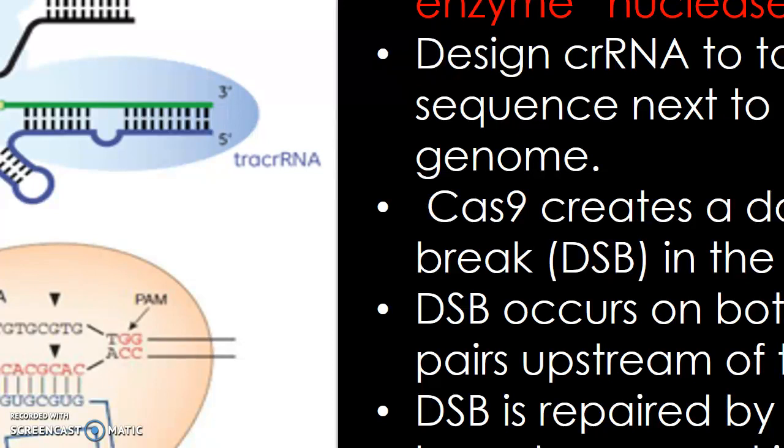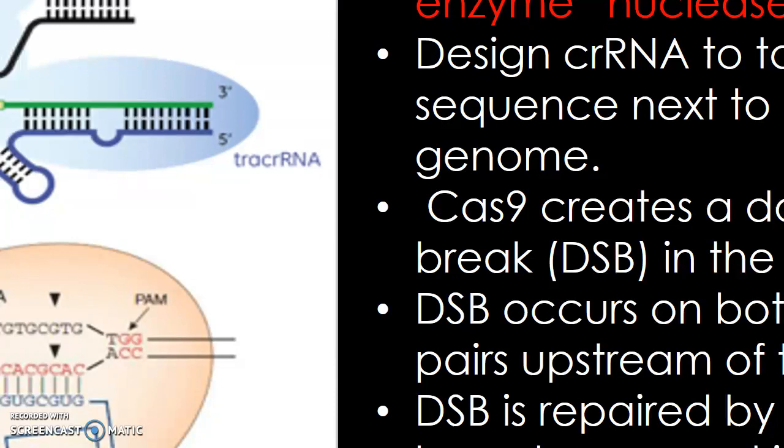This consists of a DNA cutting enzyme called the nuclease, and in this case it's called Cas9. So that's why we call it CRISPR-Cas9. When both of these components are delivered into a cell, the gRNA will bind to the target genomic site through complementary base pairing, meaning A's with T's and G's will bind to C's. In the process, the guide RNA helps bring Cas9 to the target site to make a cut to the DNA